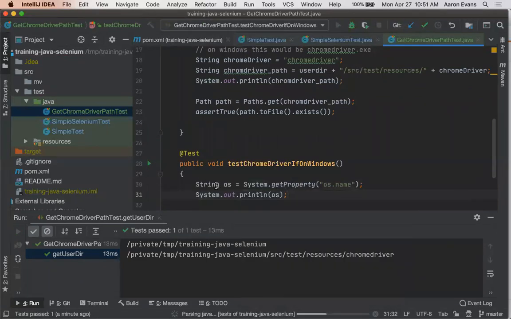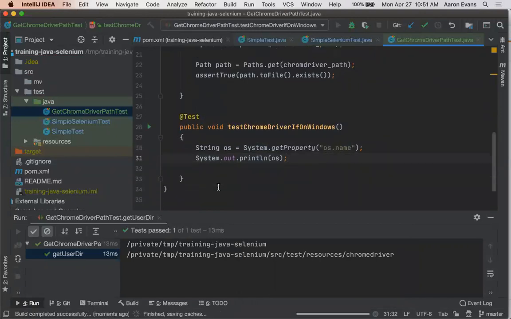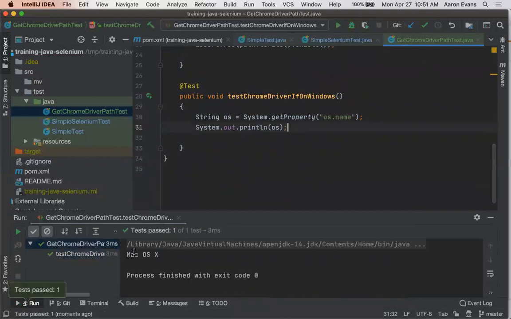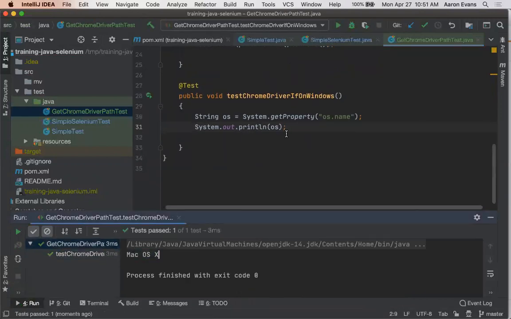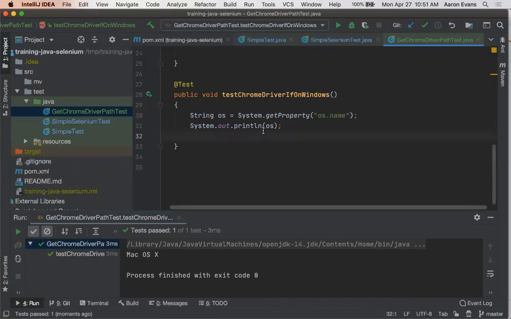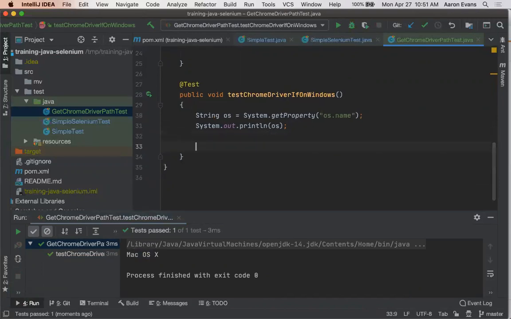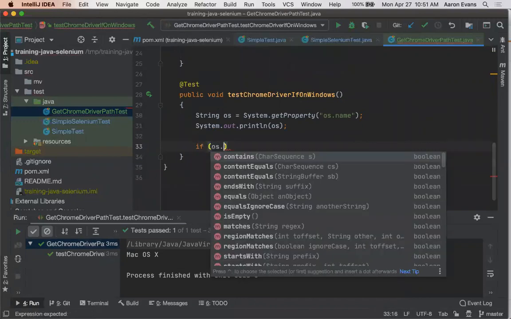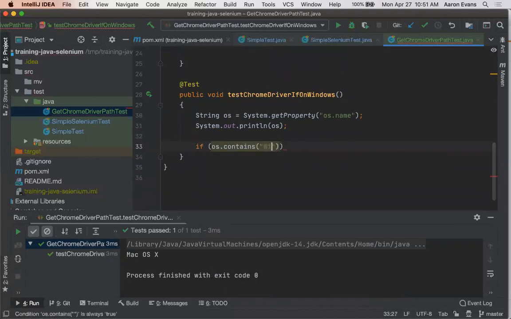On a Mac, it should give me, I don't know, Mac OS or OS X or something like that. A Mac OS X, it does both. On Windows, it should do that. If it runs on Windows, I should get a Windows VM to run on. Now, if OS contains Windows,